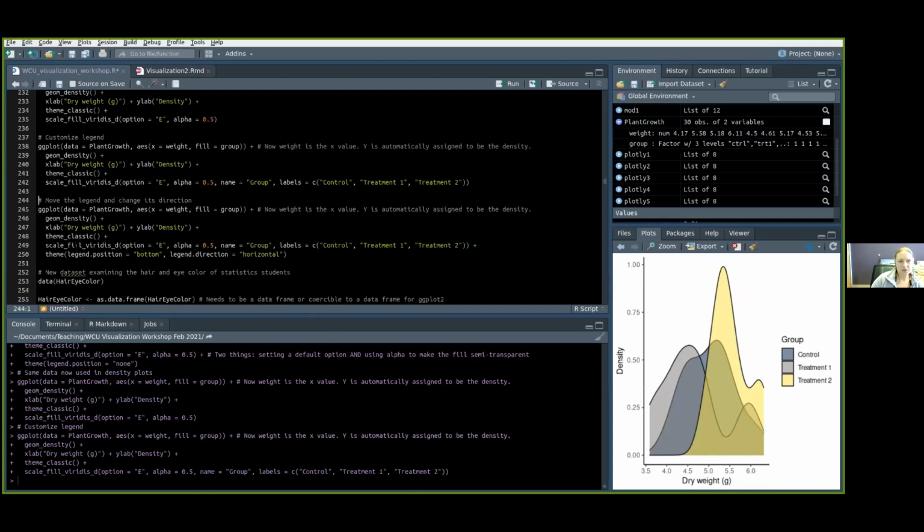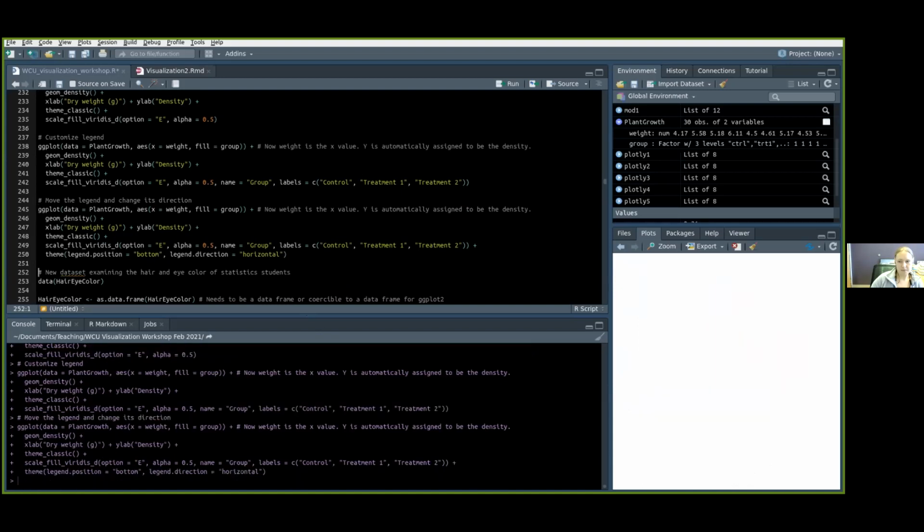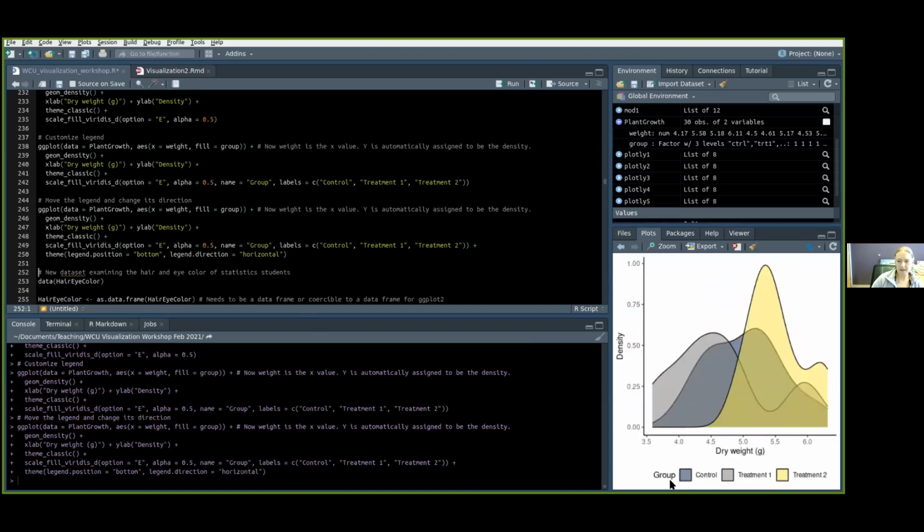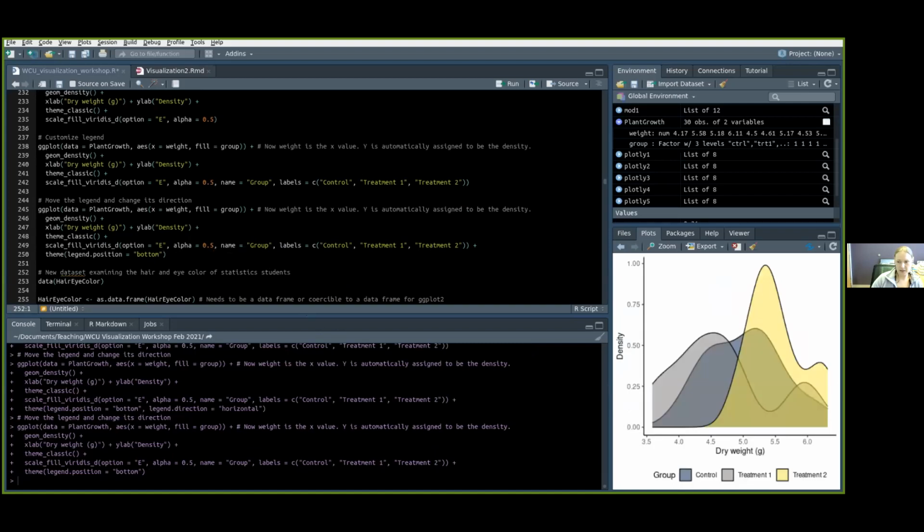So what we're going to do is move the legend to the bottom, and we're going to make it a horizontal legend this time instead of a vertical legend. Legend direction is one of those theme options that you've got available to you. We're going to move that legend and change its direction. Then it's going to look like this. If I remove this legend direction horizontal and just make it a legend at the bottom,